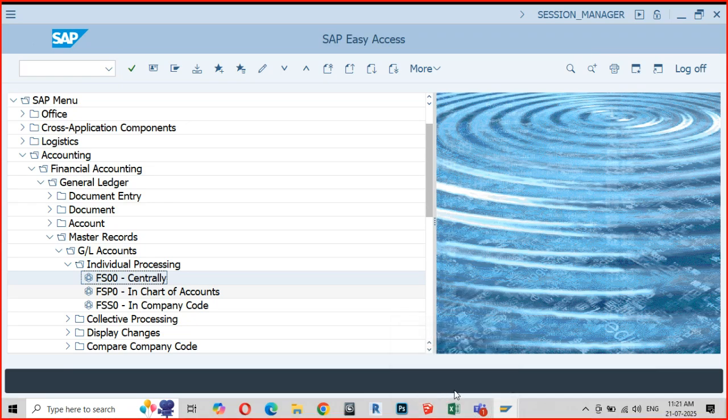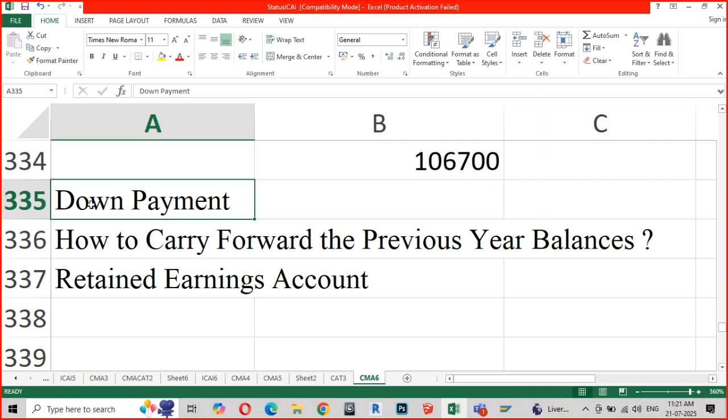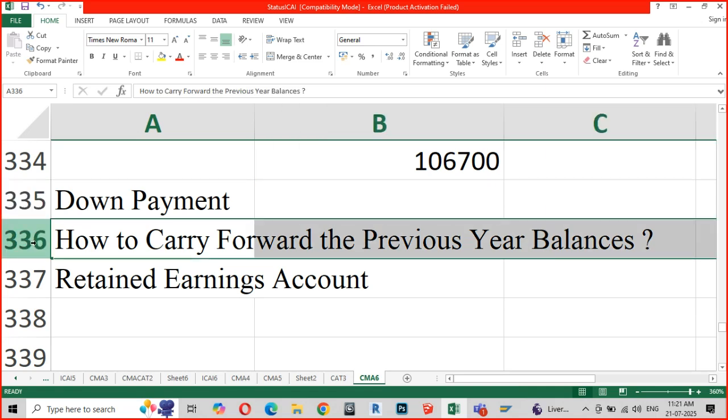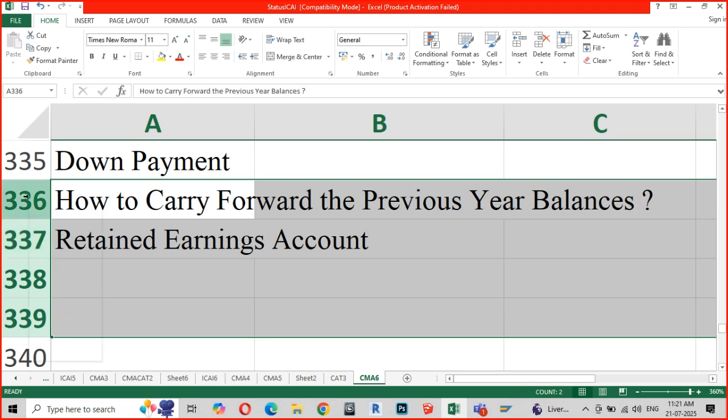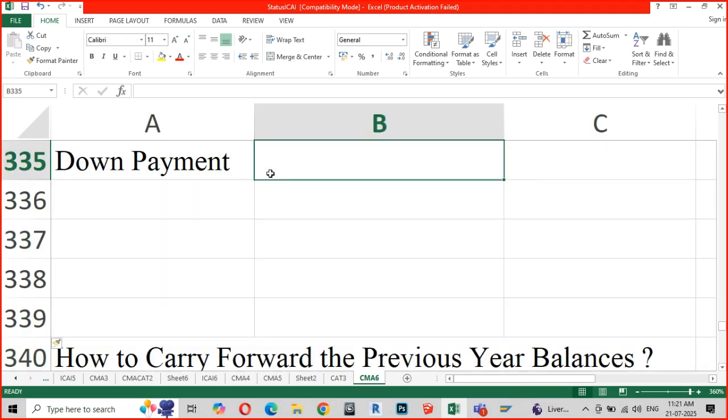Very interesting question. Very good questions. Down payment: how do we actually carry this process forward? As I said, this is a special general ledger transaction.